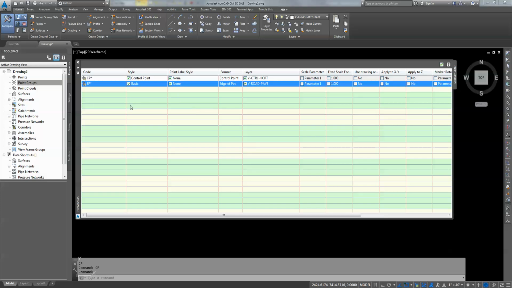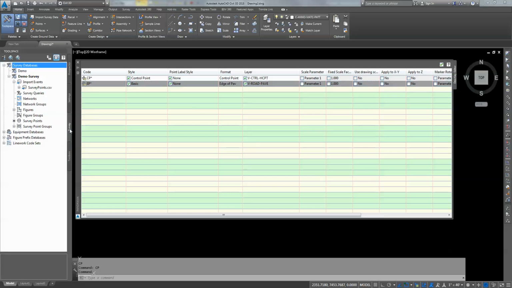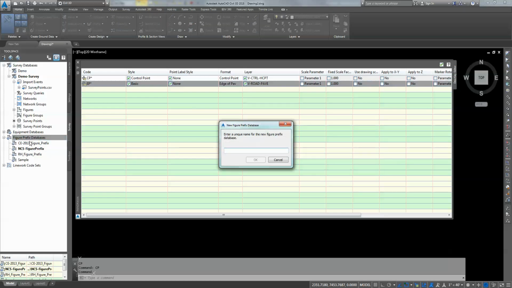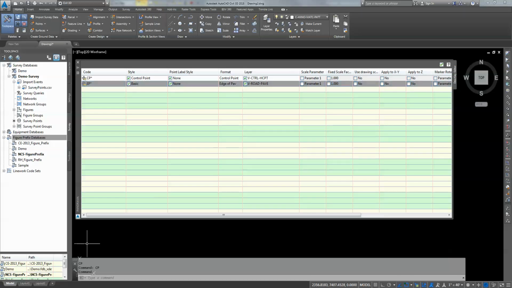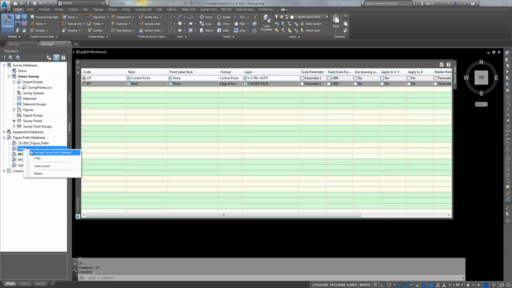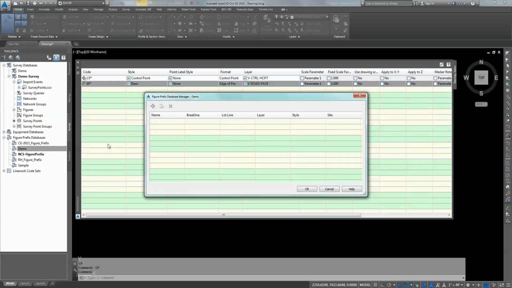So what we have to do for the line type is we have to go actually to the survey tab. And in the survey tab, we have to define what's known as a figure prefix database. So any line work or line information, what I have to do is create a figure prefix database. So I'm going to call this, we'll just call it demo, and we'll click OK. Now, once I've created it, I have to go in and manage that figure prefix database, and I have to come in and I have to create a new